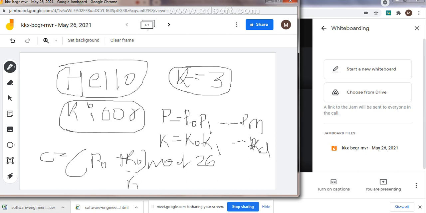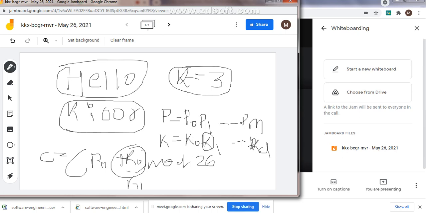That is nothing but P0 plus K0. Whatever the first letter of the plain text is, it will be added with the key value mod 26. Then P1 is a different letter, K1 is again a different letter. You are not going to use the same position.